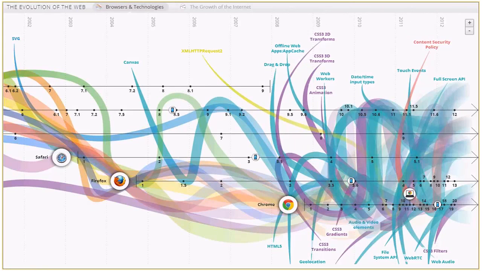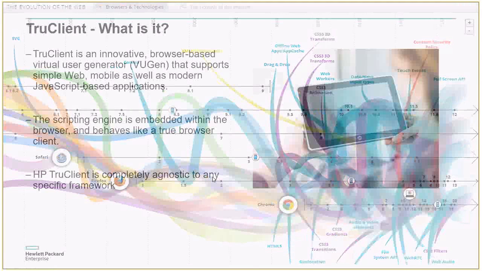And at the same time, a lot of innovators and software companies and individuals started building a lot of JavaScript libraries that provide more and more capabilities. All this change, which happened in the last decade or so, changed the world and made scripting at the HTTP level much more difficult than it used to be in the past. So TruClient basically is a